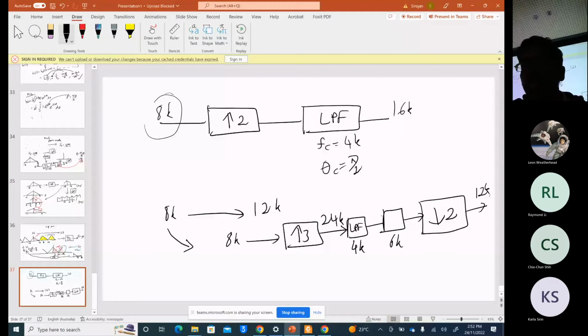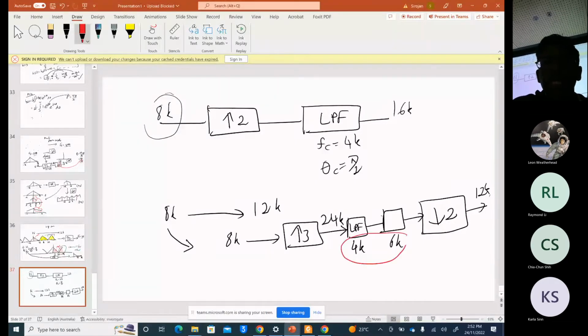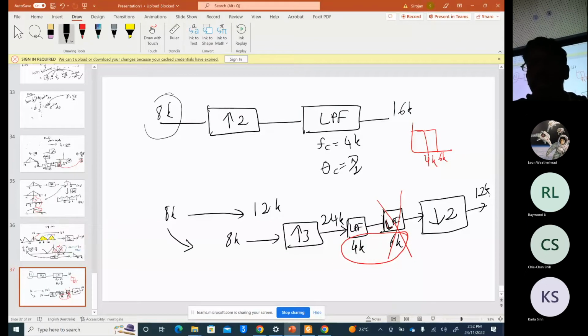So here you can see that we have a low pass filter with 4K and 6K. Is it meaningful? If we have a low pass filter with the cutoff frequency of 4K, then do we need a filter with 6K? We actually do not need this low pass filter. So we can actually remove this low pass filter. So then our final block diagram will become